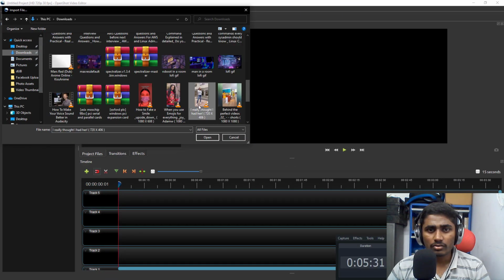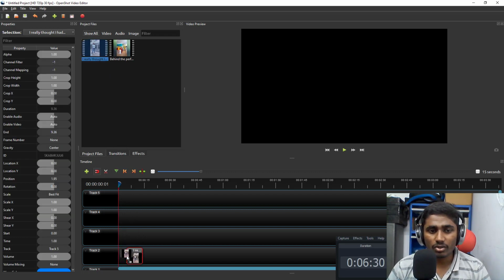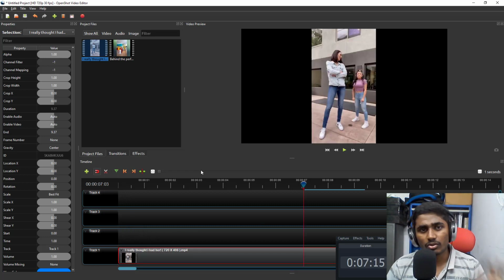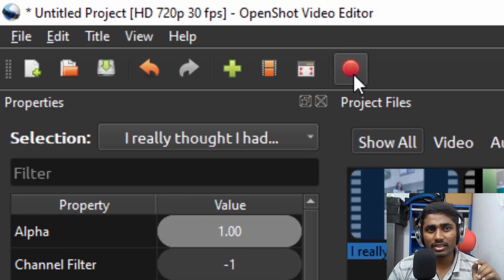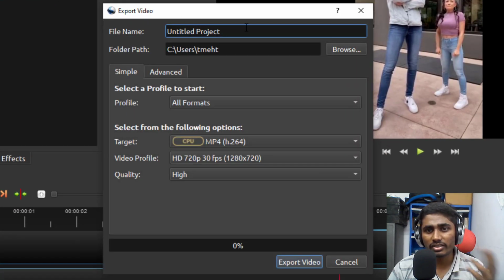Go to downloads. So these are small media files. As you can see, it supports basically all the open source formats. To edit any video, simply hold on to it and drag it onto the timeline. Here you have options to edit any of the timelines. You have multiple layers. So it's fairly simple. For exporting anything, you need to click the red icon, which as you can see is this one. If you click this red icon, it will start exporting.